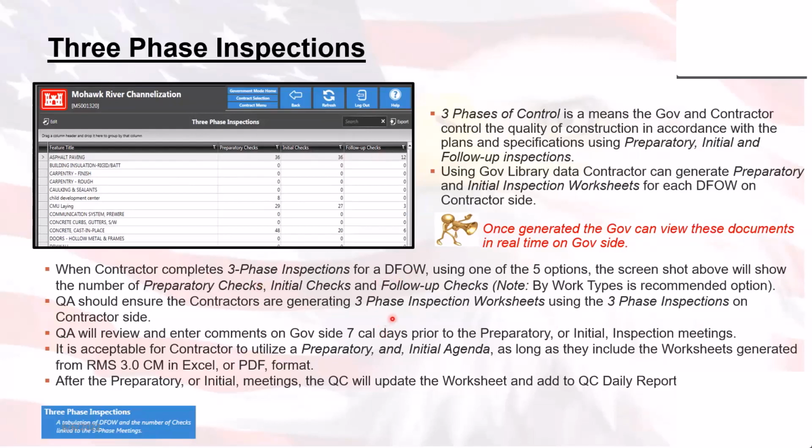This will be attached to any of the QC daily reports. It goes in there as an attachment. It will be a tabulation of all the DFOWs and the number of the checks linked within the three-phase meetings. If you run into any problems within the creation or amending any of these checks, please